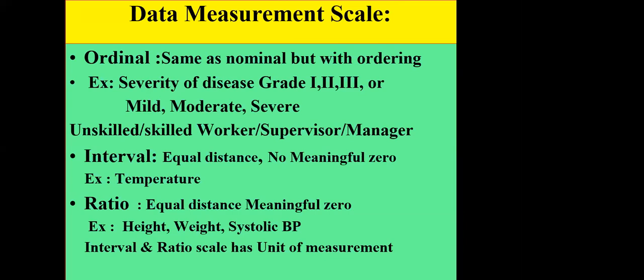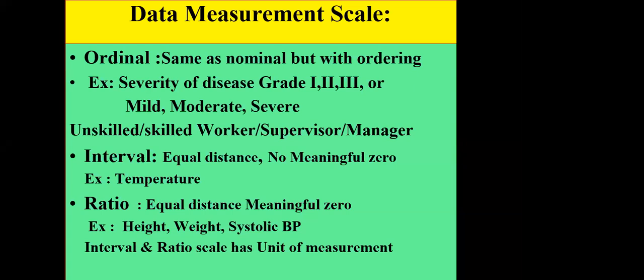And next one is interval and ratio. So interval and ratio scales are continuous. We make use of certain unit of measure. Interval scale is the one, temperature is the only variable which falls in this scale, because it has no meaningful zero. Usually all measurements start with 0 and there is a meaningful 0. And here they have equal distance, because 0 is not meaningful, because temperature can be measured negative also.